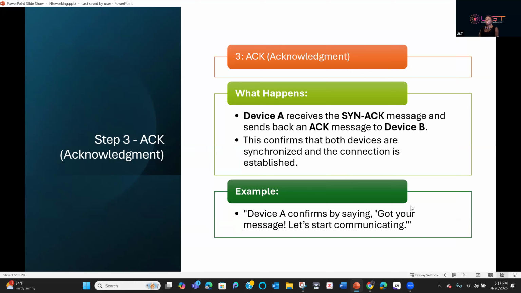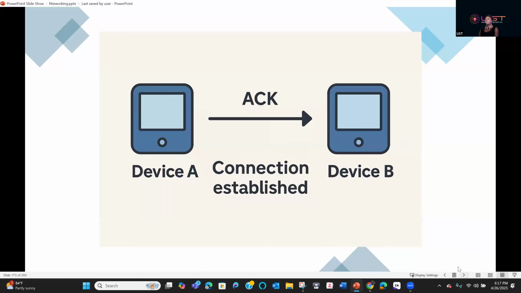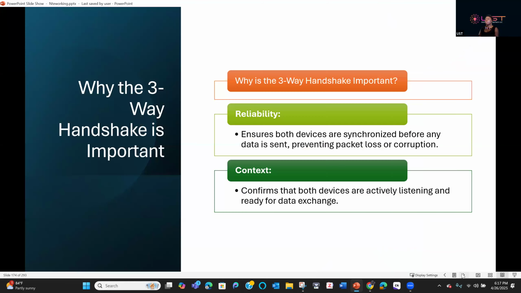And this literally explains everything that we have been talking about. For example, device A received a sync acknowledgement message and sent back an acknowledgement message to device B. This confirms that both devices are synchronized and the connection is established. That's what we just discussed. Once you send the sync acknowledgement, device A sends the final acknowledgement, and that's why the connection has been established. There's that session that has been established, then you can do whatever you want to do,